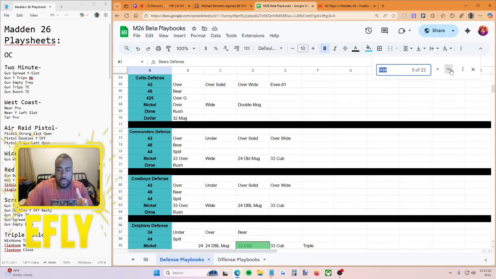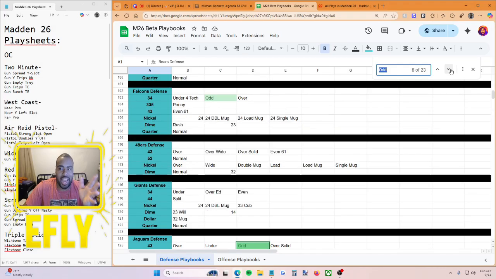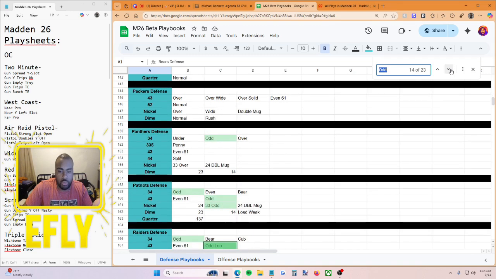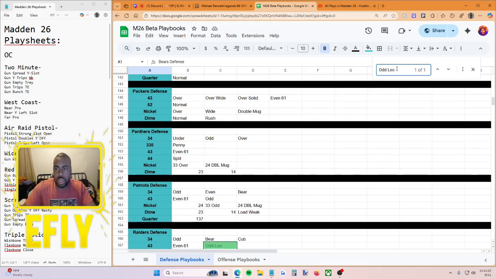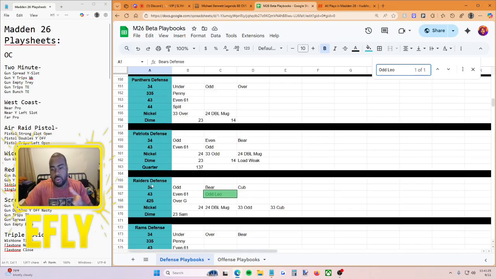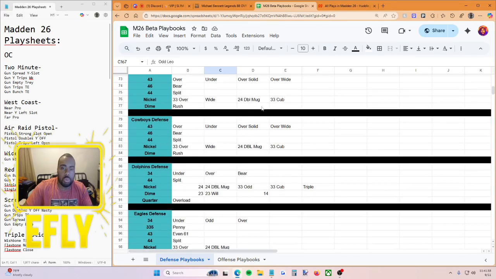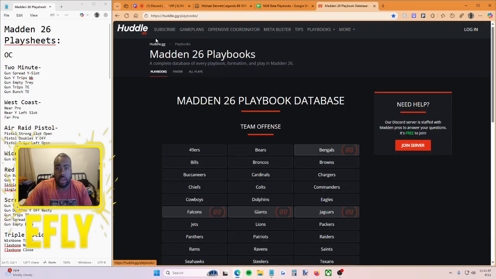It shows different formations that have the word odd in it, like the 2-4 odd, the 3-3 odd, odd Leo. So if you were looking for odd Leo, boom, the only playbook would be the Raiders defense that has odd Leo. You can go through it like that and find what book has one specific formation,